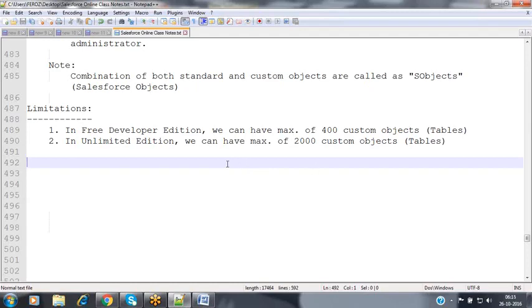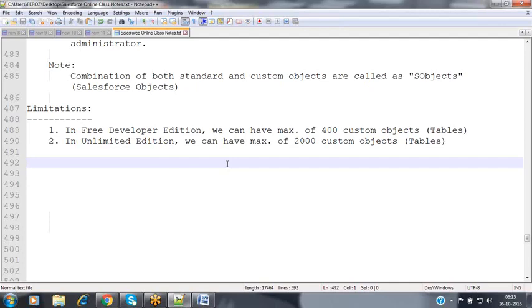Now we will see how we can create our own custom objects here. For each and every custom object, we need a tab also. Creating an object is nothing but creating a table. Whenever you create a table, we need to define certain columns inside it. Upon creating a table, the table will have certain columns but will not have any records inside. Once the table has been created, it is time to create some records inside it.